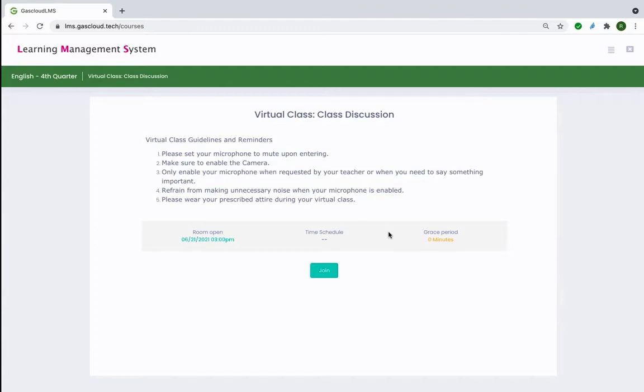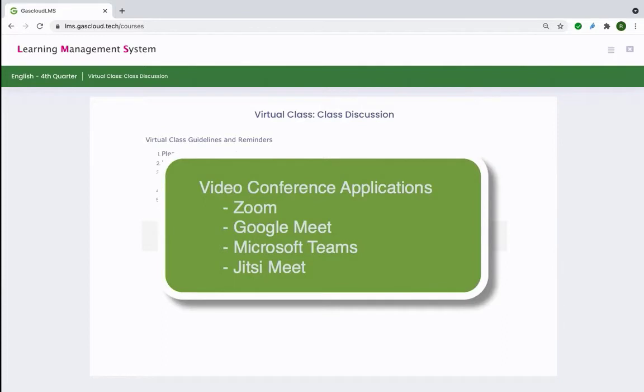But due to the absence of the face-to-face classes, ang classes natin is being conducted through different applications like Zoom, Google Meet, no? So what we actually did in our LMS is that we integrated 4 video conferencing applications, no? So available ang Zoom kung gustong gamitin ng teacher ang Zoom, available din ang Google Meet, ang MS Teams and